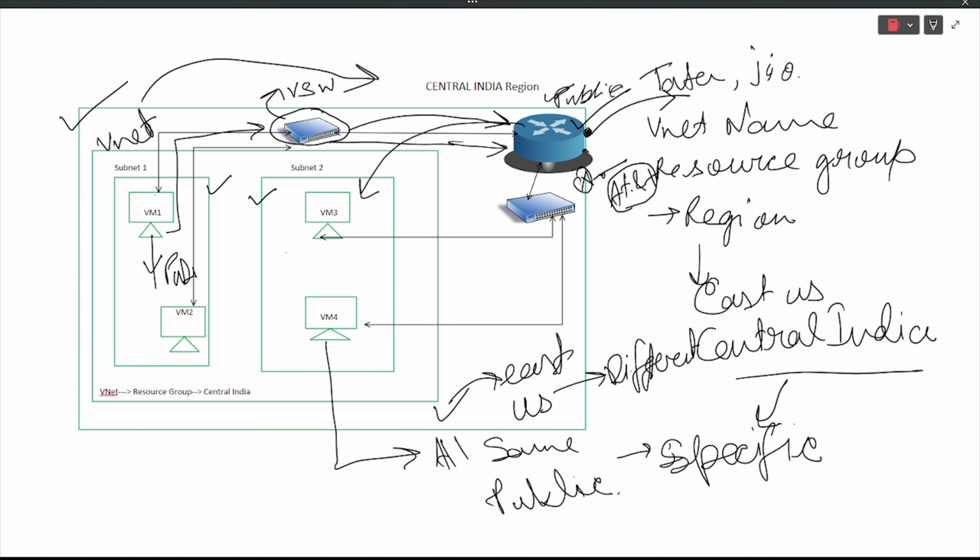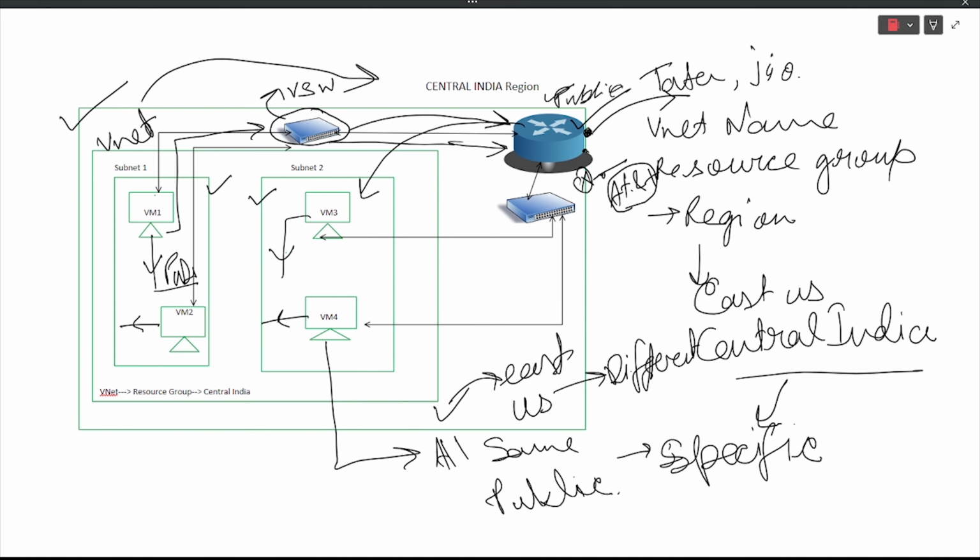If these virtual machines have their own dedicated public IP address, then these VMs will be able to reach out to the internet through their own IP address that will be assigned on the NIC interface card, and these virtual machines can be reached from the internet on their public IP address in the Azure environment. This is how Azure provides internet connection even if we do not assign a single public IP address on